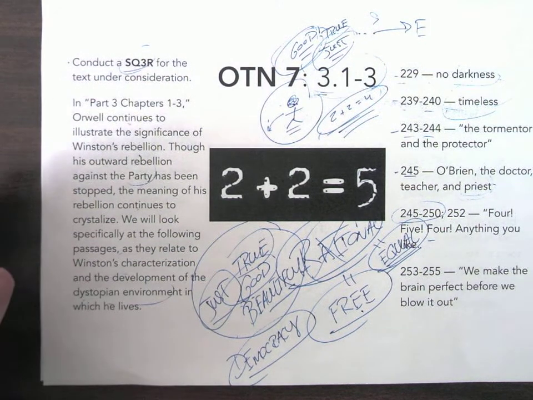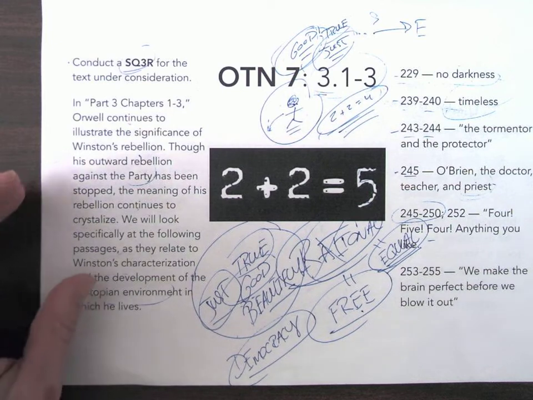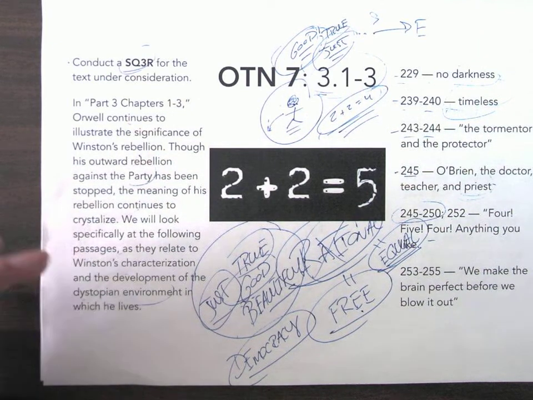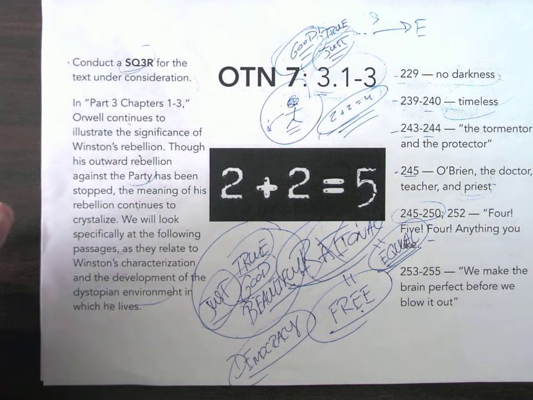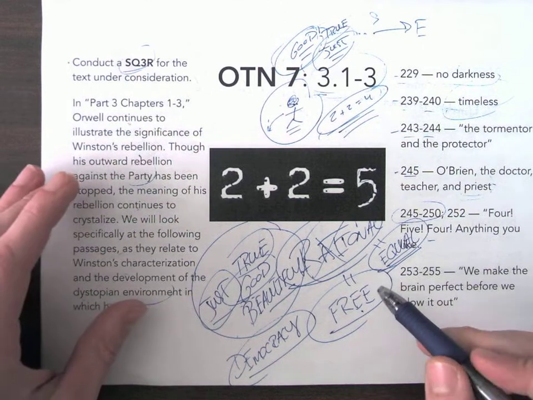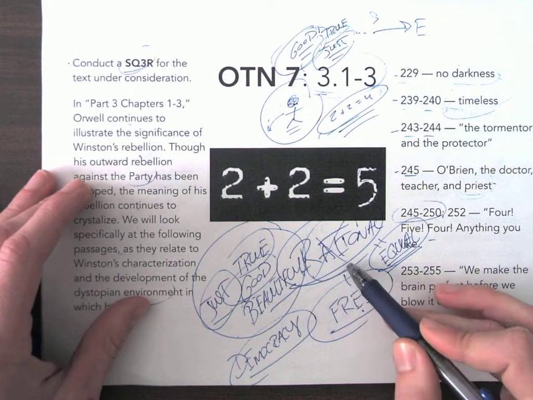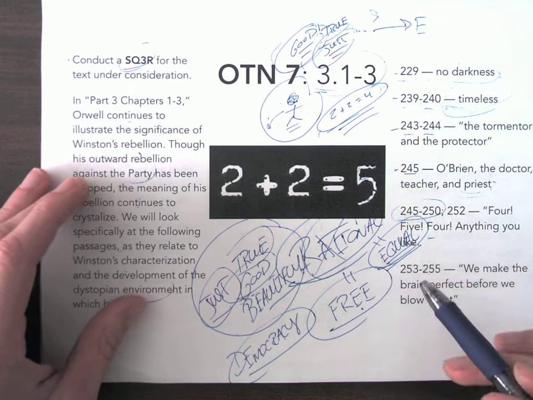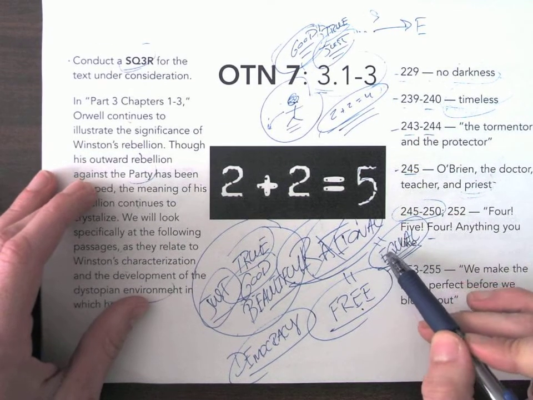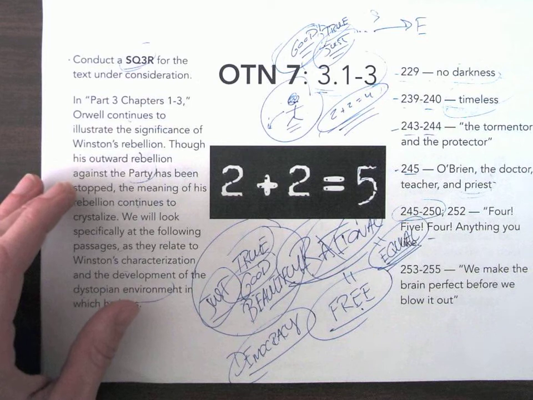Okay, yesterday we talked about a significant portion of the party's attempt to destroy Winston's soul, and that is their attempt to destroy Winston's rationality. Okay, now a human being is not only rational, but they are uniquely and importantly rational. And part of that rationality, okay, means that a human being is free or ought to be free because they are rational, capable of rational thinking, and, all right, that they are equal. Let me explain to you how, okay?